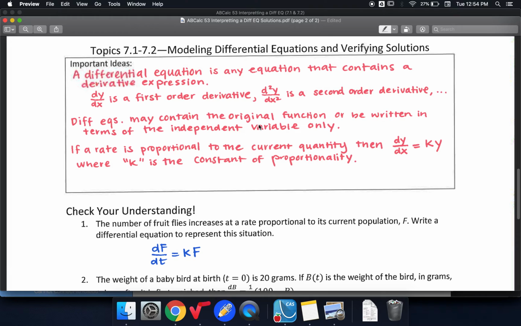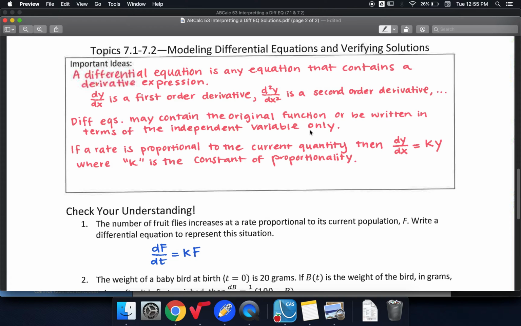So a differential equation is any equation that contains a derivative expression. So we say that dy dx is first order. We could also have f prime of x is first order. d squared y dx squared is a second order derivative. Differential equations may contain the original function, in that case, we would call it an implicit relationship, or be written in terms of the independent variable only,